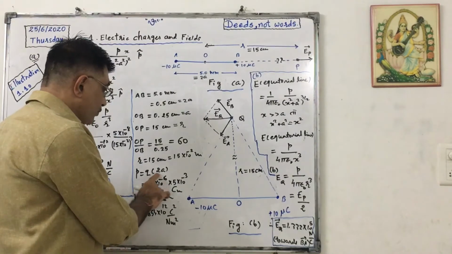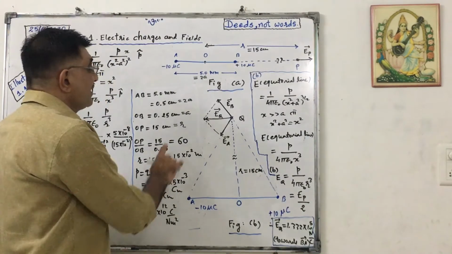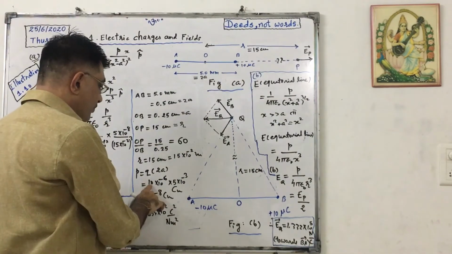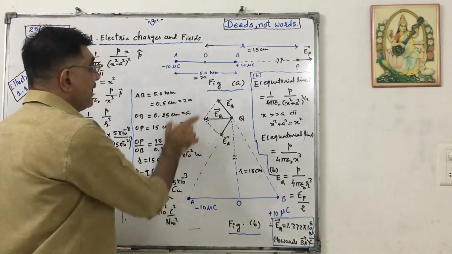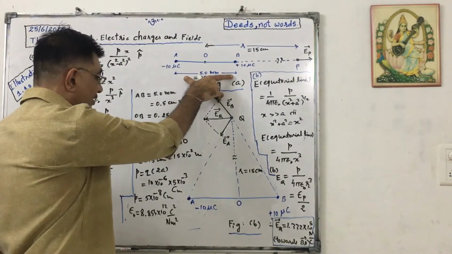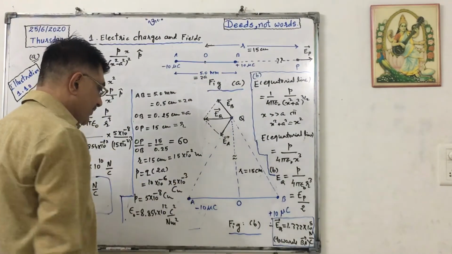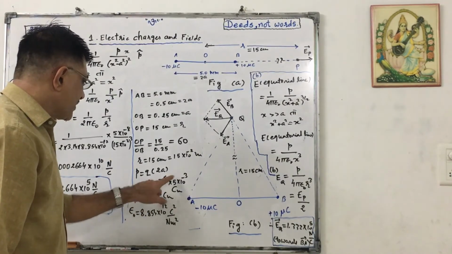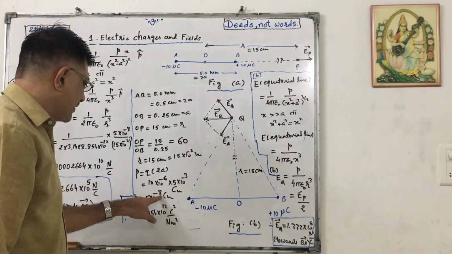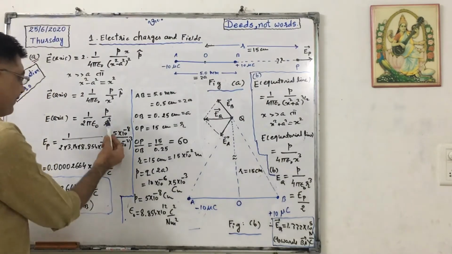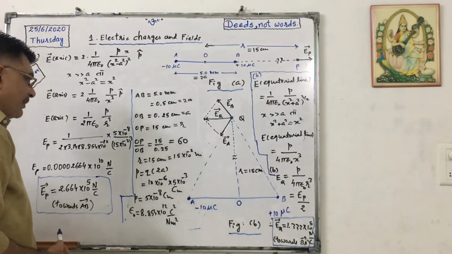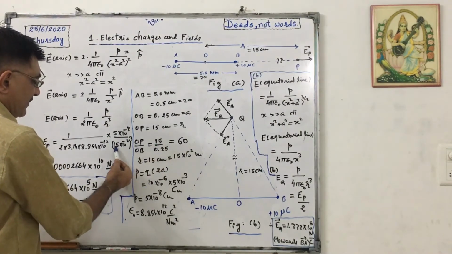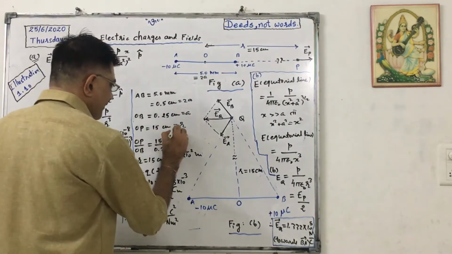We know that P equals Q into 2a. Q is the magnitude of any of these two charges, that is 10 microcoulomb, so 10 into 10 raised to minus 6, and 2a, that is 5 millimeter, can be written as 5 into 10 raised to minus 3. So the final answer is 5, and 10 raised to minus 6 minus 3 plus 1, that is 10 raised to minus 8 coulomb meter. Putting here P equals 5 into 10 raised to minus 8, and small r, that was 15 centimeter, can be written as 15 into 10 raised to minus 2 meter.